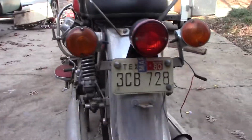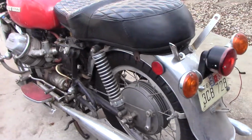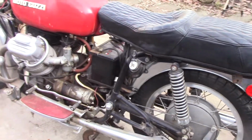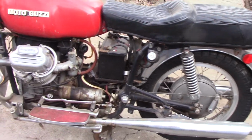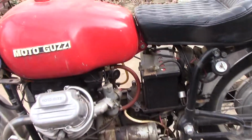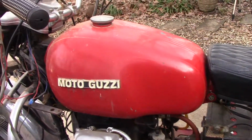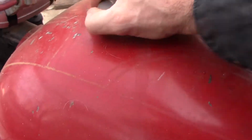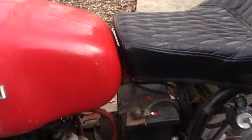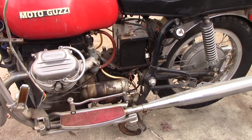This is the license plate that's on it, so I'm assuming that's the last time on the road. I did ride it once in 1996. Seemed to ride fine. I remember we drained the fuel out of the carbs or ran it dry, but apparently we didn't empty the tank. Well, we'll look at that later, but there's still fuel in there from 1996. So anyway,